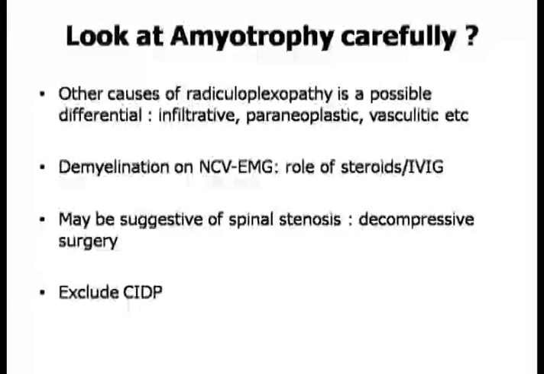You will see demyelination in the nerve conduction, and patients with these demyelinating features are potentially treatable again with steroids and IVIG, giving them tremendous relief instead of going through the natural history of 3 years. Always think that these patients can potentially have a spinal lesion which may be amenable to surgery, and always go for imaging in these patients and exclude CIDP again when you see a diabetic amyotrophy. So these are all differential diagnoses where you have other causes, meaning non-diabetic etiologies, when you see